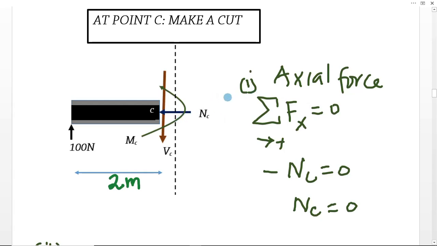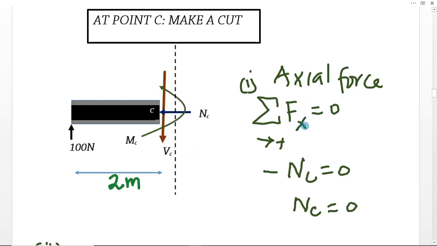Likewise, if we consider now the next section, then the shear force would be facing vertically upwards, then the bending moment would be facing in a clockwise direction, because the clockwise moment here and this one here must always cancel each other. Then the shear force here and the shear force on the right hand side of the section should also reduce to 0. So if this force is acting at 2 meters from the section that has been made by cutting,